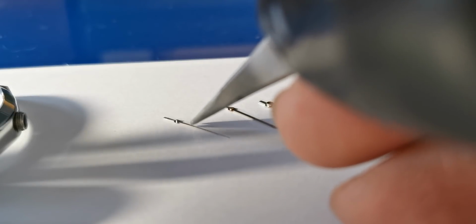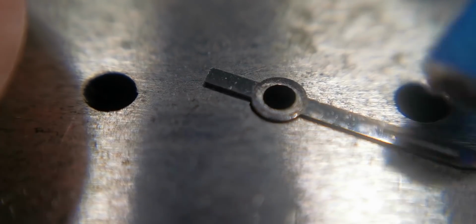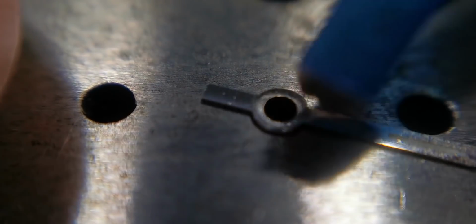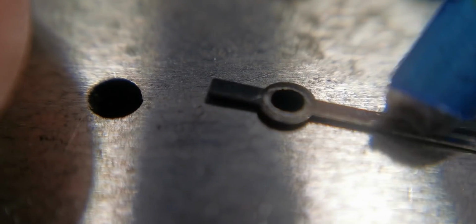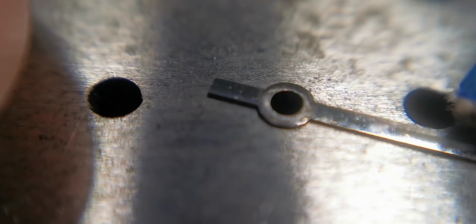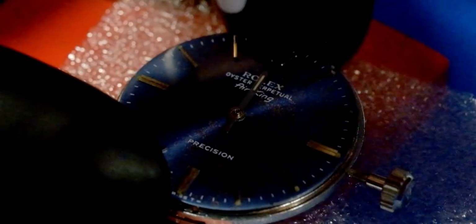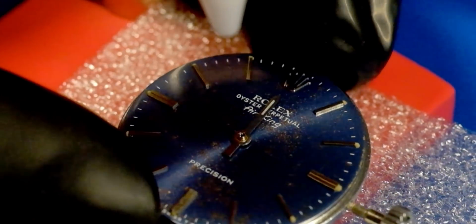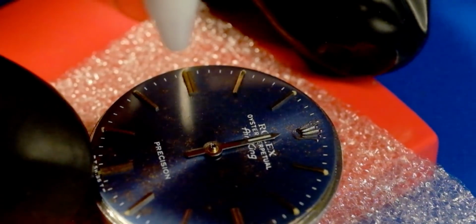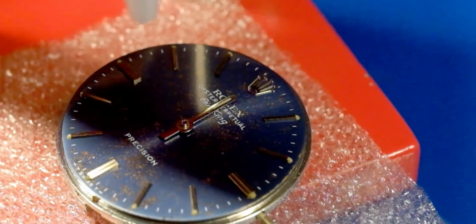Now, when I looked in detail at the hands, they were quite mucky, so I gave them a little bit of a nice clean, and I'm sorry the footage is a little bit dark, but hey, in a minute I'm gonna show you how I'm gonna improve my game on that, and it gets even worse. Look at this. Oh, that was the worst piece of watchmaking footage on YouTube ever. Anyway, we've got the hand on, and let's have a look at what we can take away from all